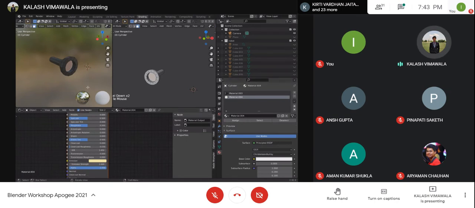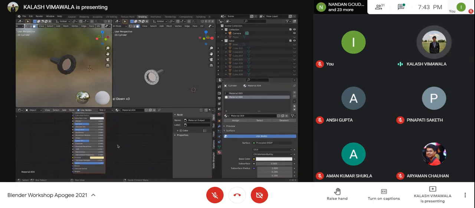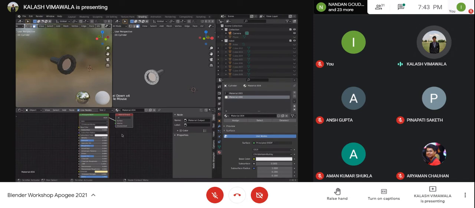Now what I will do is assign this. When you assign things, if you see over here, we have this face of the torch and we have a new material. But this new material is not currently assigned to any vertices or any vertex group. So what happens is that this new material is not being used anywhere. It is only being made and it is not being used. So I will press assign, and hence if you see now, this object has an emission shader attached to it. All right.